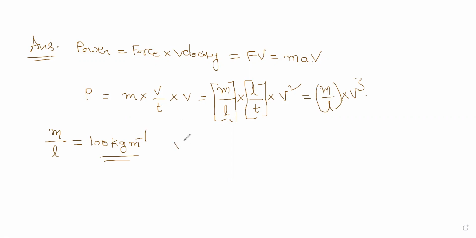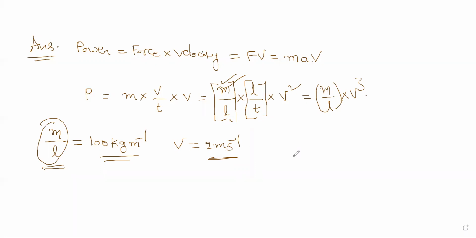And the velocity with which the water is flowing is 2 meter second inverse. It is flowing with a constant velocity. But the thing is that here the mass is changing. Because of that, the acceleration concept is not there here. So that's why we have changed everything into velocity. Directly we are able to write v by t. So here the rate of change of mass is there, but not acceleration. That's what you have to understand.